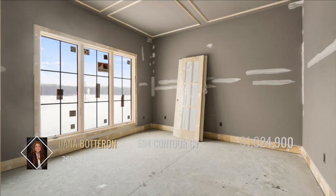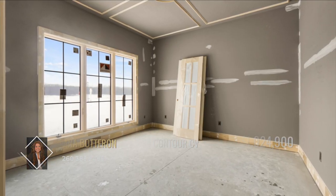Shadow Creek. The beauty of this home already shines throughout. Just wait until you see the finished